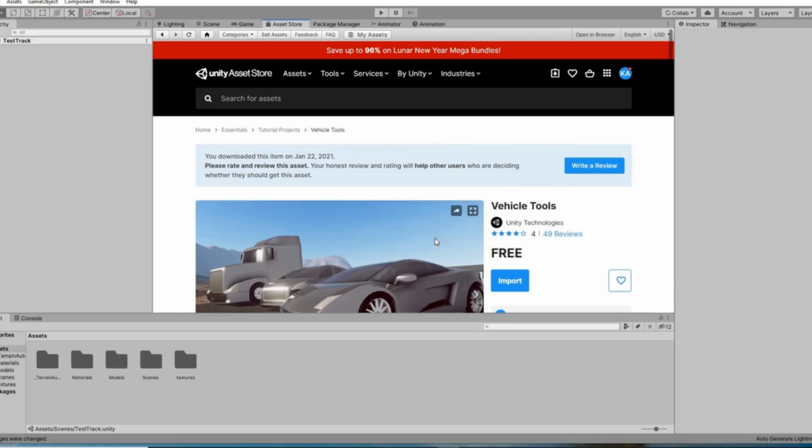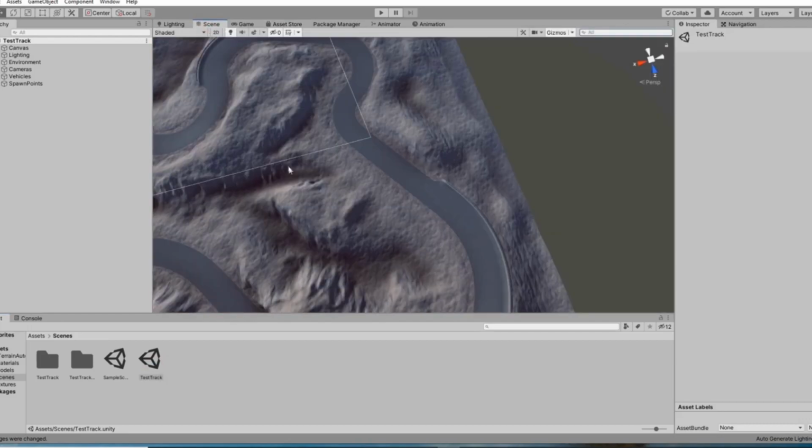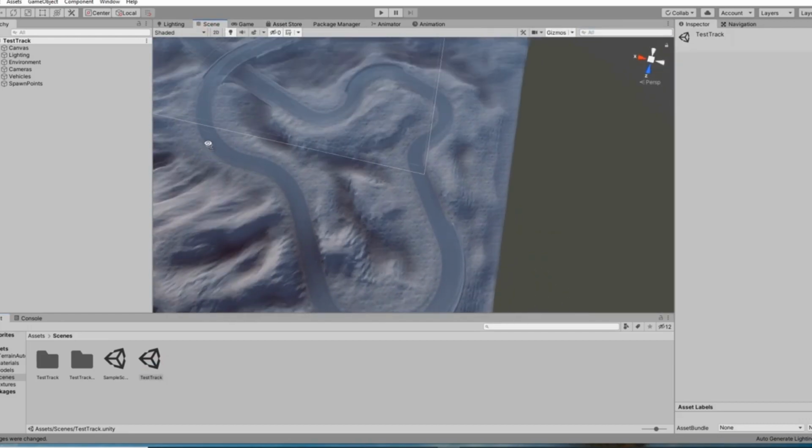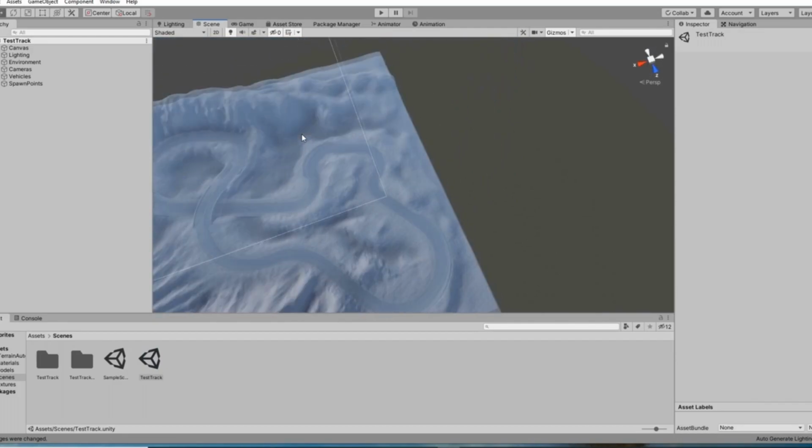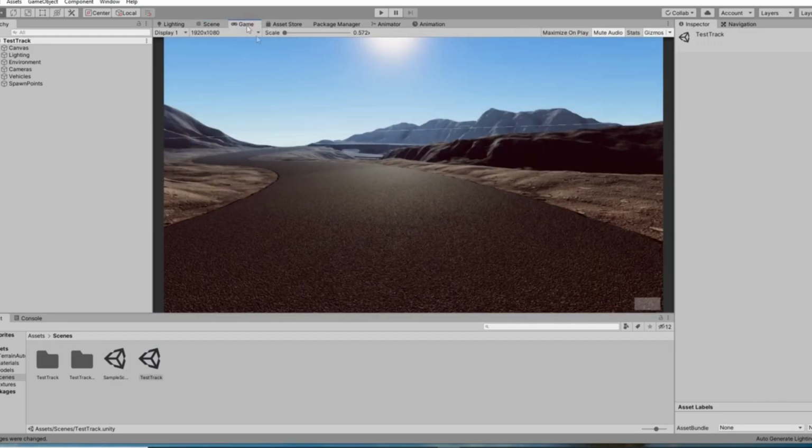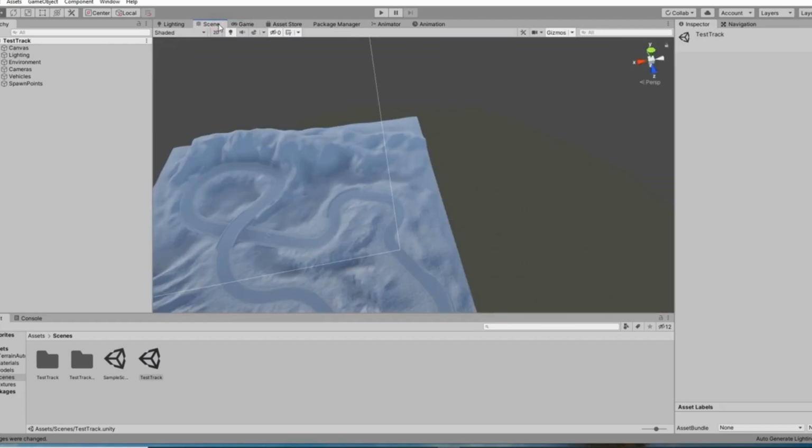So click on reload if it asks, and go to the scenes and click on the test track, and here you can see the track. We will use this track. If you go to the game view, then you can see that this is our track,